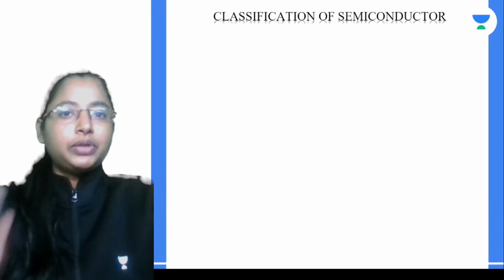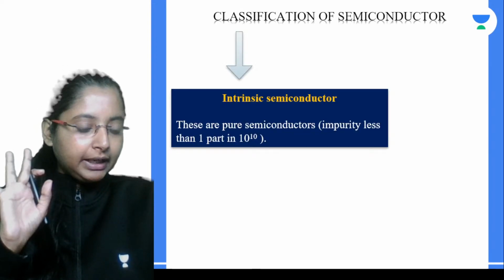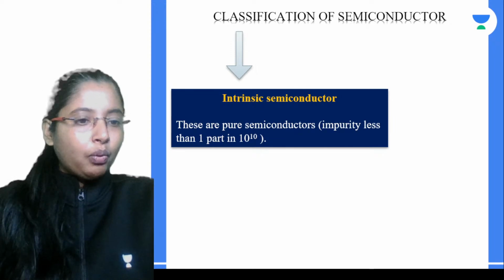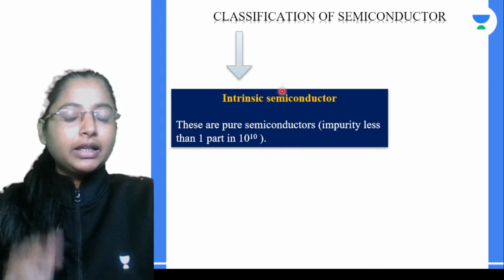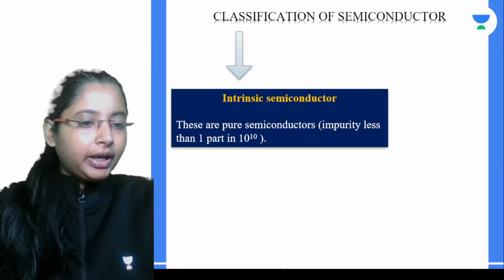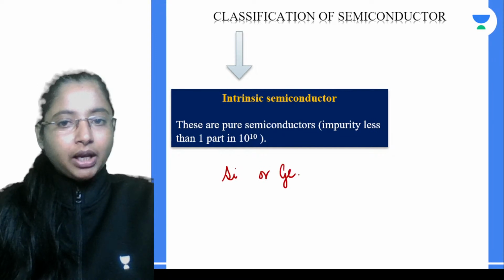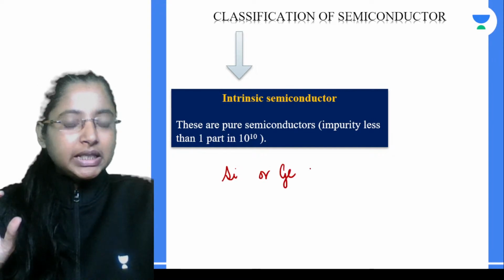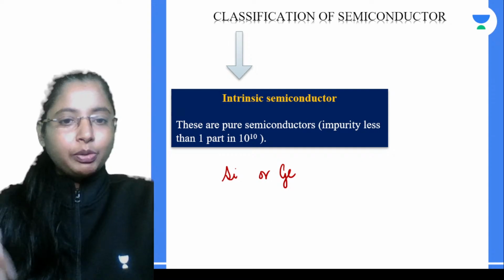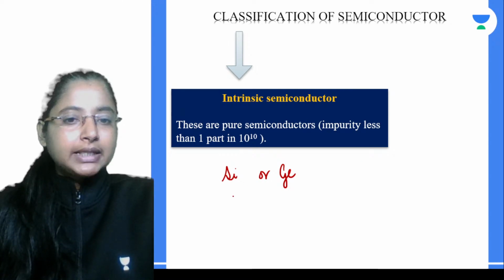Now, if you take an elemental semiconductor, it is again classified into two parts. One is an intrinsic semiconductor. What is an intrinsic semiconductor? Very simple. You take a pure elemental semiconductor, something like silicon or germanium. Now, if you're talking about impurities in a semiconductor, for example, let's take